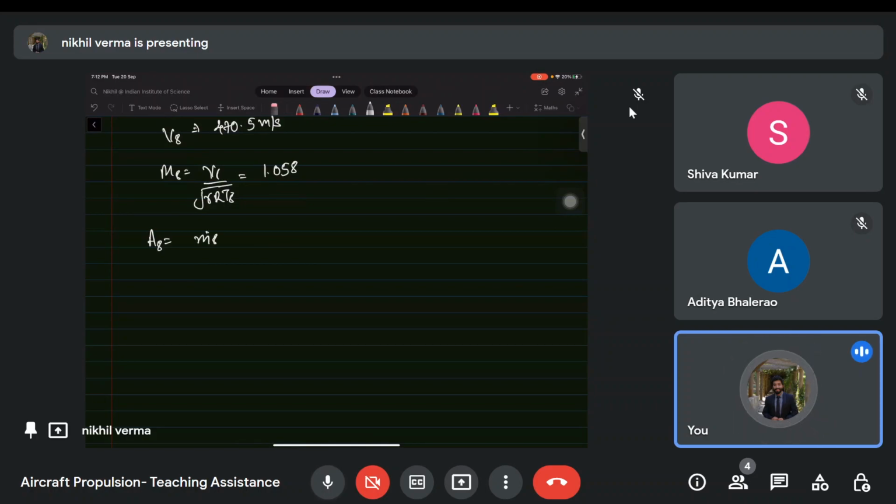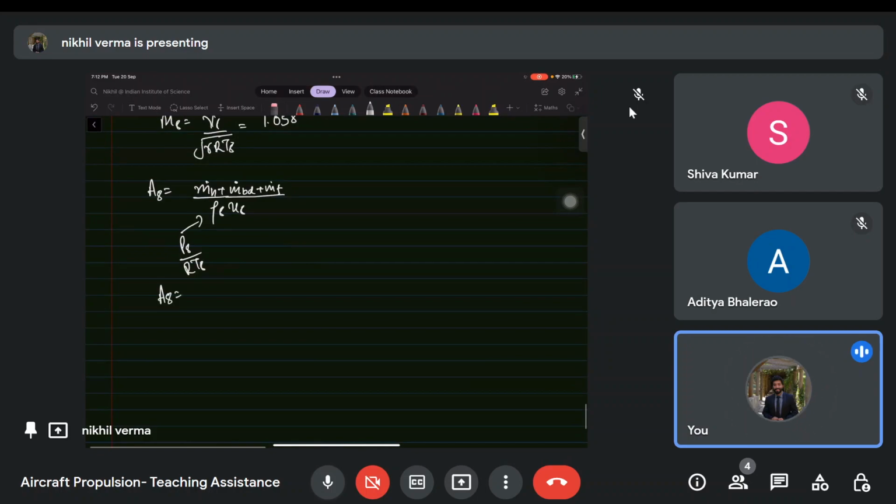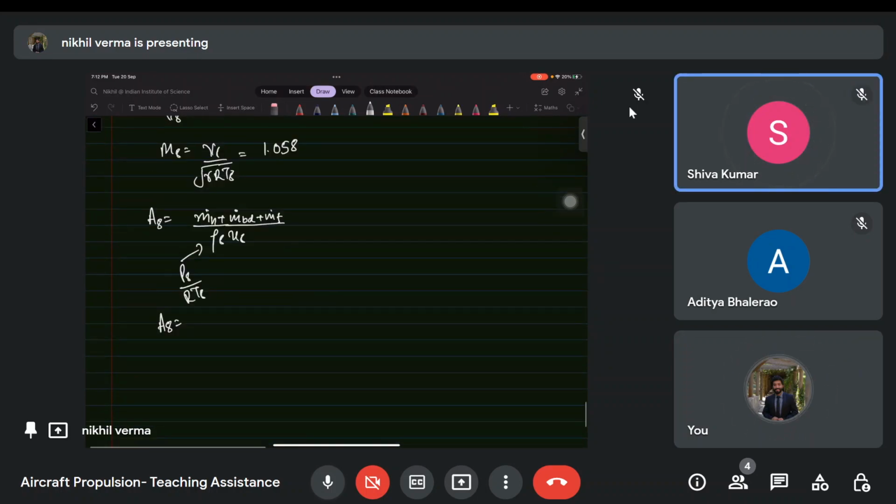So you have mass leaving the station 8, which will be your hot stream plus mass flow rate from the bypass duct plus mass flow rate of the fuel. Okay, and you have rho 8 u8. Rho 8 can be calculated by pressure P8 by R T8. So A8 you will get as